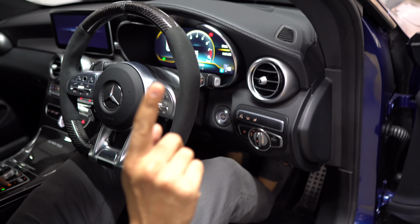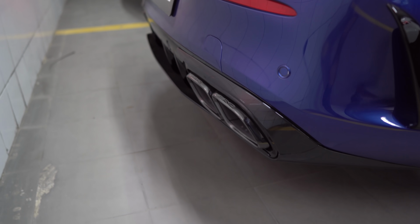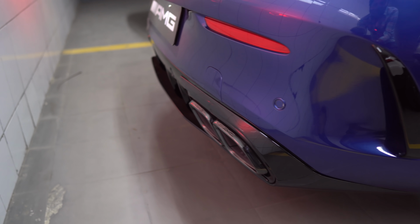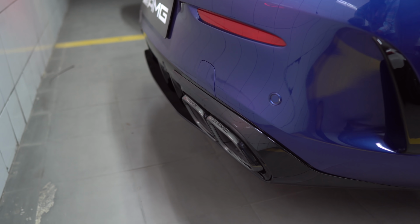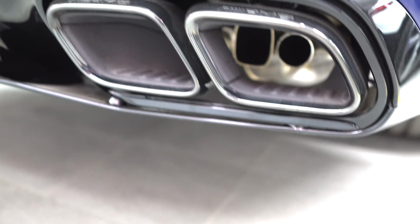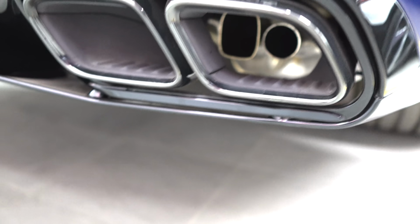Oh, wait for it. Okay, now listen. So they have that active exhaust thing here. It closes the flap on the... You can actually see the flap if you zoom into the...